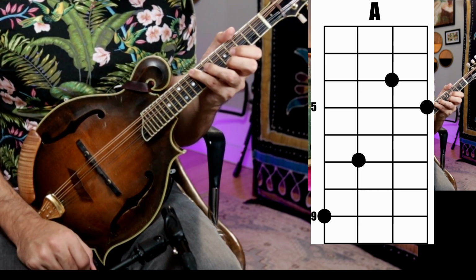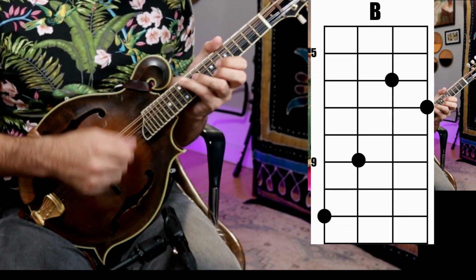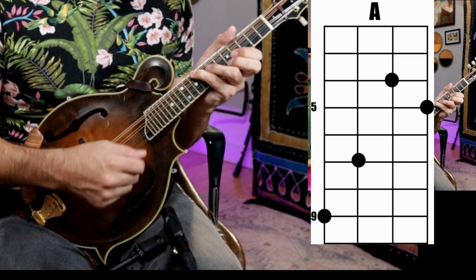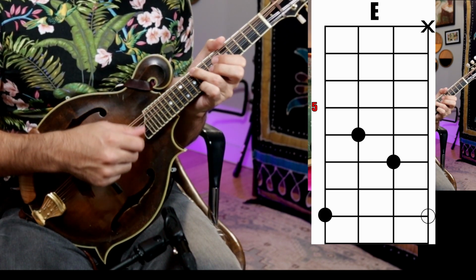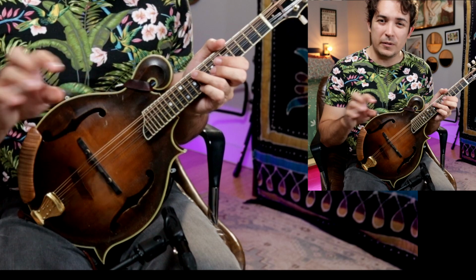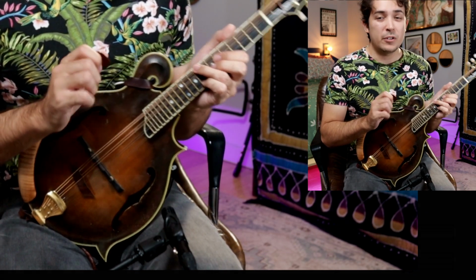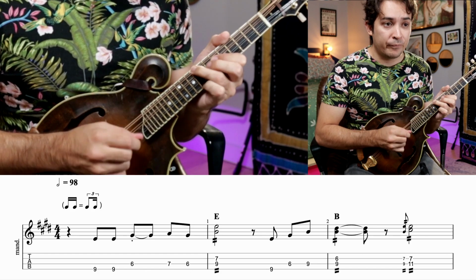Move it up to A. And then also B, and so that's just a whole step up. So E, A, B, E. And there's other double stops in there that will move around, but we'll get to that when we get to that. Start out with, we have,